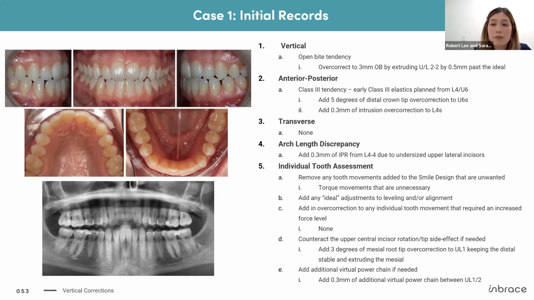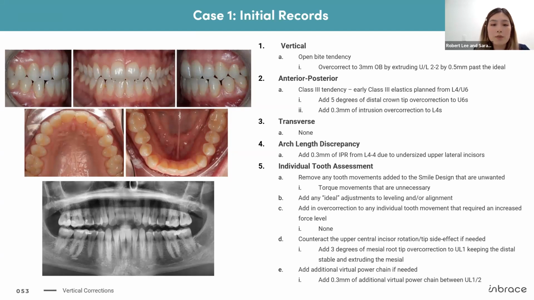For the rotation tip side effect, in this case, the patient did have a little bit of that rotation on that upper left one. You do see that it will have some mesial out, distal in rotation, which will lead to a distal root tip side effect. So we'll ask them to add 3 degrees of mesial root tip overcorrection to the upper left one, keeping the distal stable and extruding the mesial. And finally,